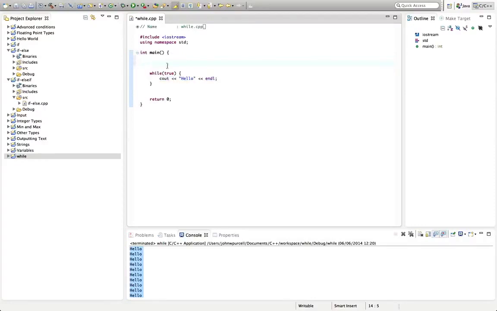So how can we have a condition that's going to change? Well, let's suppose we want to output hello, I don't know, like 5 times. Let's have a counter here. I'm going to say int i